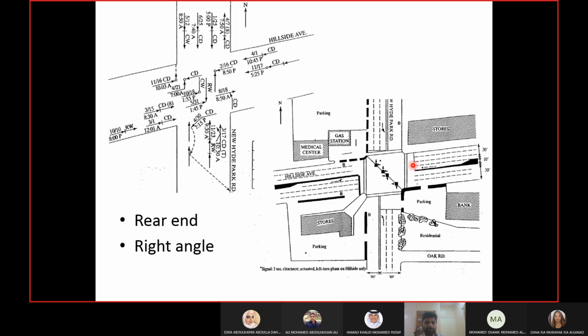Behind the intersection. Now, why are the stop lines behind the intersection? Again, the reason is these exits. The stop lines are behind the intersection to facilitate the people who are coming from the parking areas. So they can come to this area and the people are stopping behind them. If you just think about it, this doesn't make any sense. You are giving priority to the guy who's coming out from the parking area.